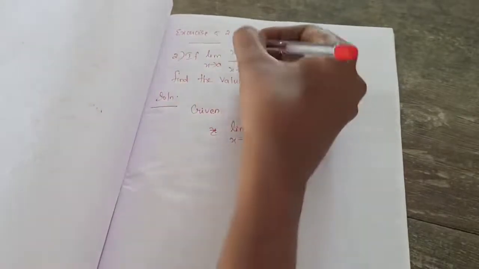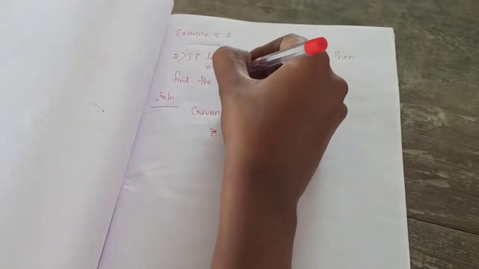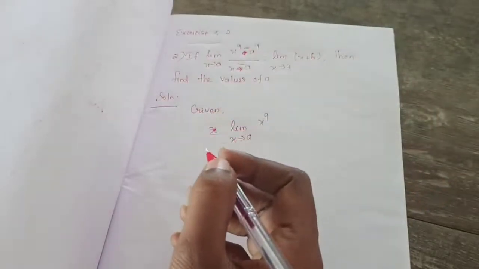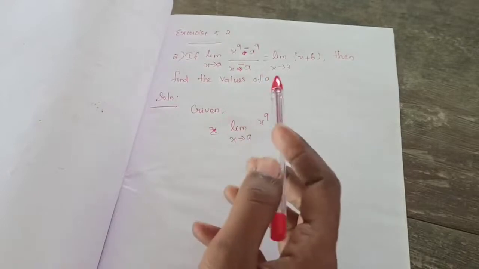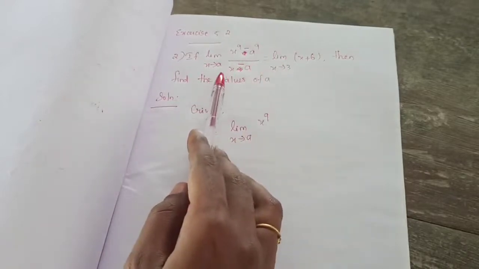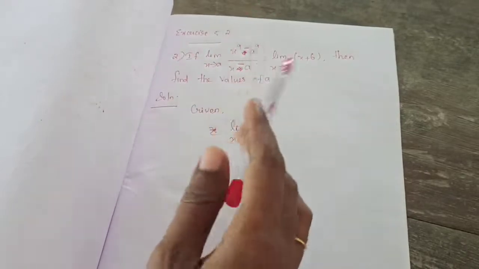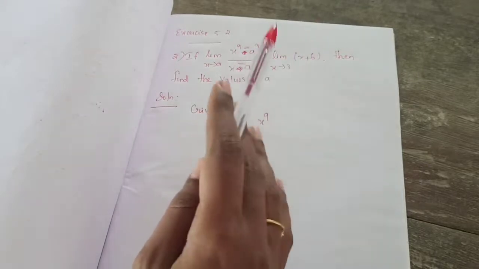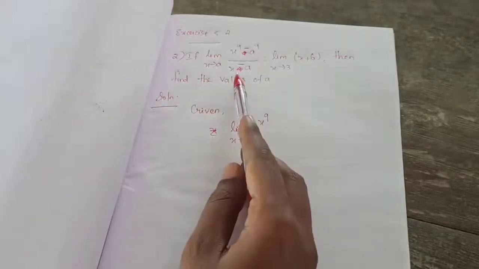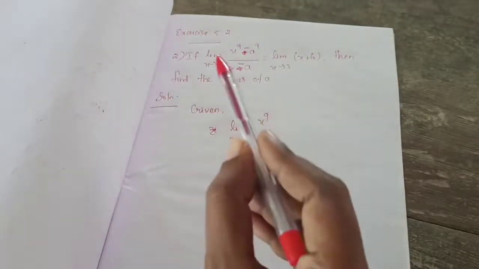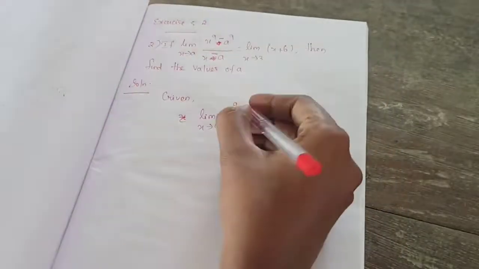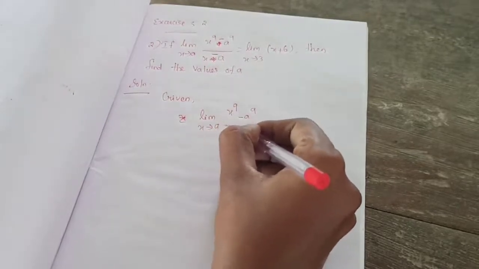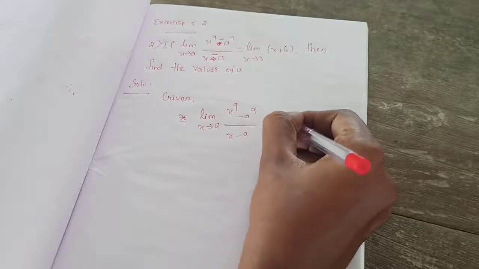Listen here students, there will be a small mistake in your question. Please correct the question in your book. I don't know whether in your new book maybe they corrected. So in the old book it is mentioned as plus. It's not plus, it's minus. So x power 9 minus a power 9. Okay, so change it. Limit x tends to a, x power 9 minus a power 9 divided by x minus a is equal to limit